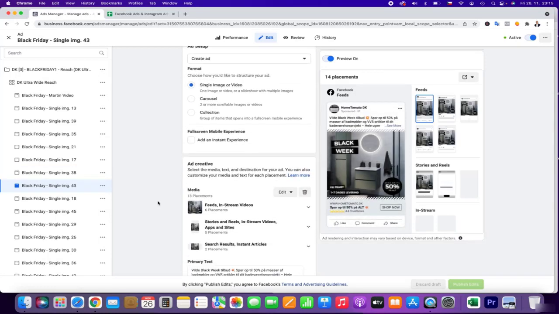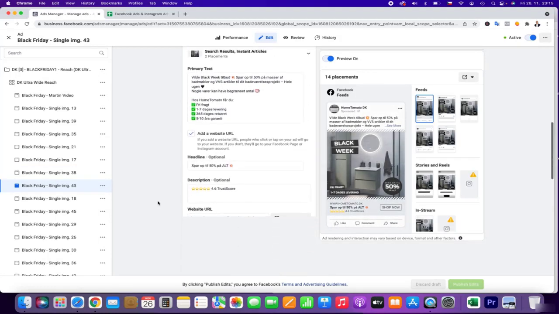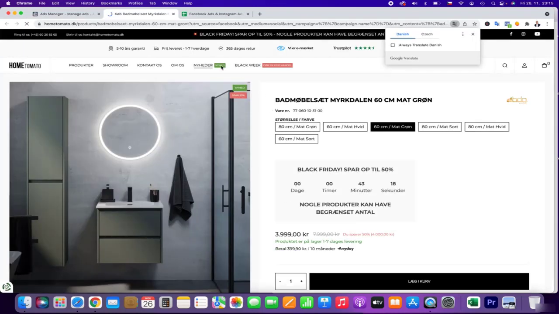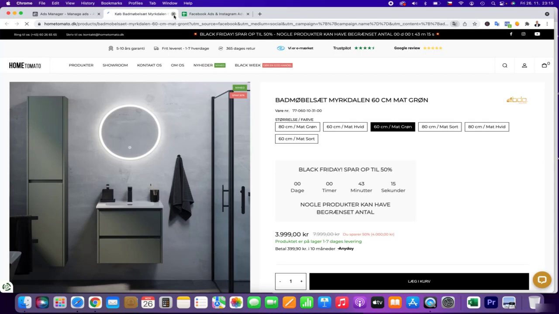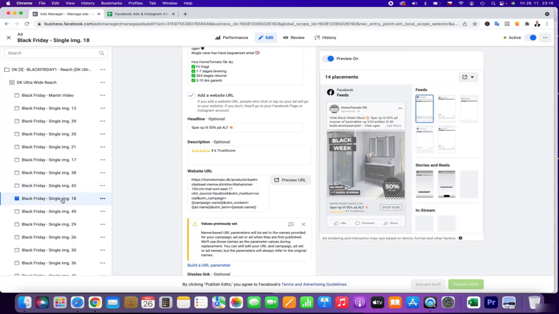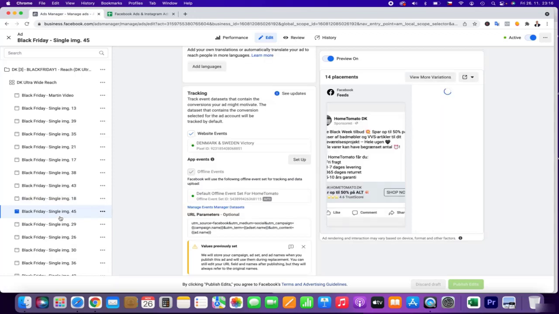And also each link is going directly to the product. That's quite important. And when you link, we are directly pushing to the product. That's quite important to do. Or at least we did also test to drive people to an overview page with all the products so they can search in products. But we believe now that better results are definitely going when you show the product and you directly link to the product.